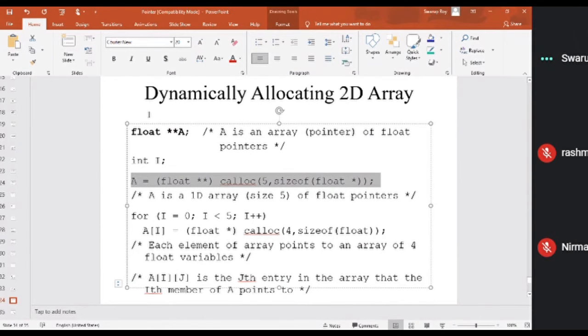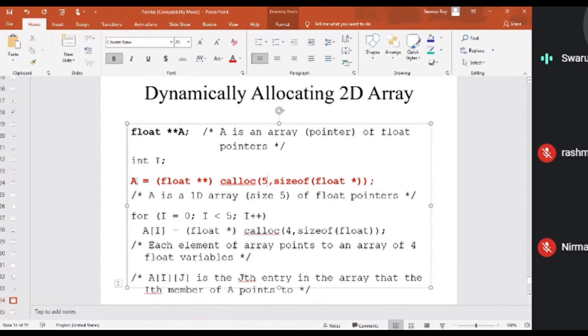You see here, array of pointers. I am declaring an array of size 5, and I'm not creating any array for storing a particular type of value like integer or float. I am creating an array of pointers, which can hold the addresses of 5 different float variables.